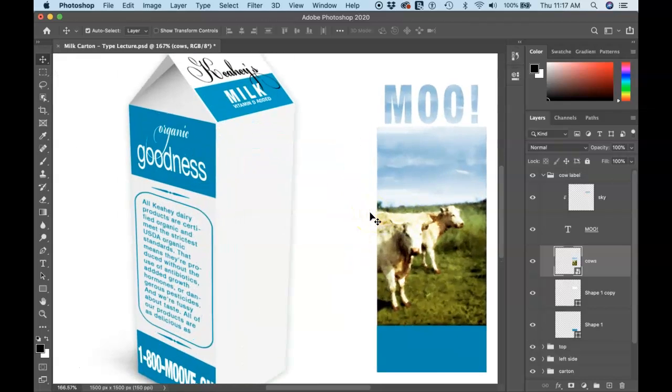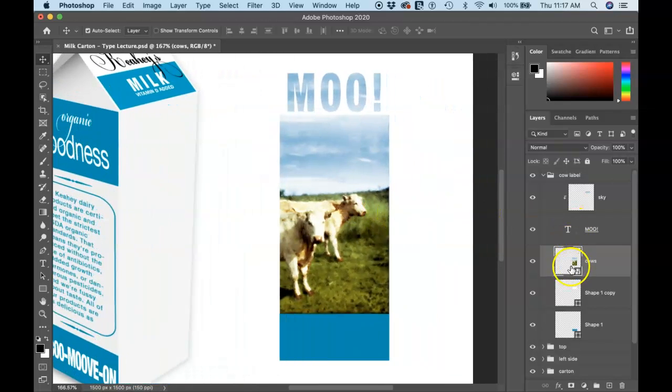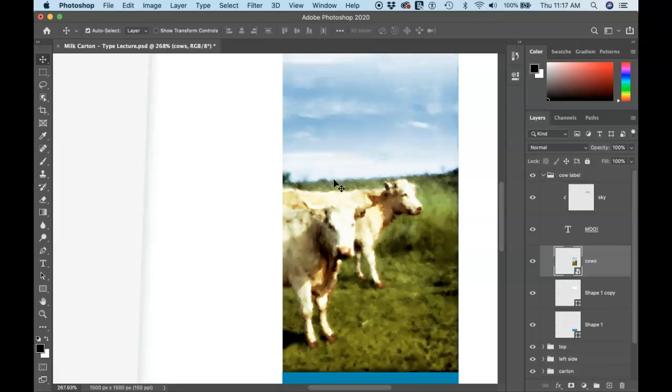Just as a little aside, smart objects, which this photo of the cows actually is, allow you to edit things separately from the Photoshop document. It's like a little container for layers that you can update later. So we'll take a look at that in just a minute. I gave you a little preview by accident. So, all right. Now we're going to get the type tool out here and focus on creating